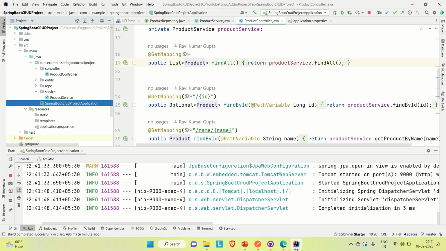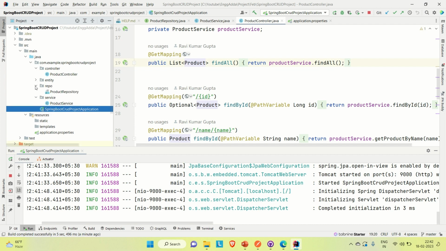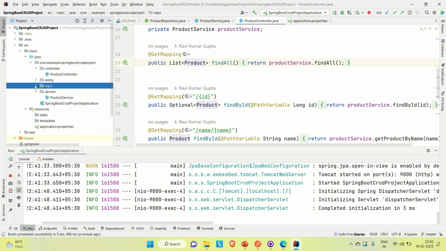Now let me go to IntelliJ and create one JPA method. Then on top of that, we'll annotate @query and run our JPQL or native query or Hibernate query. Let me go to the repository, the product repository,